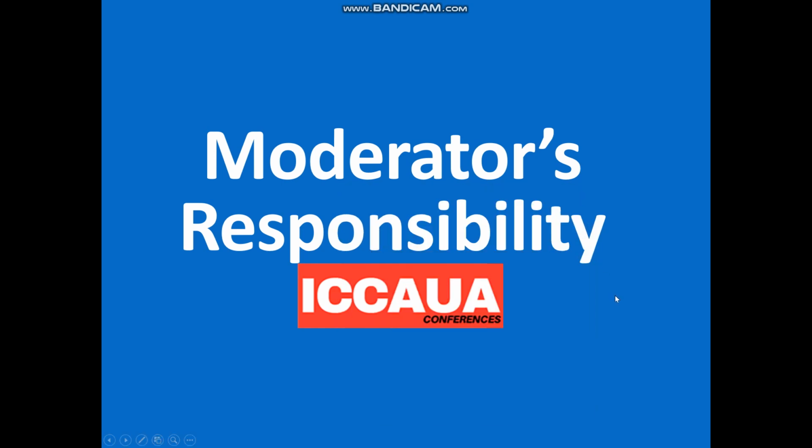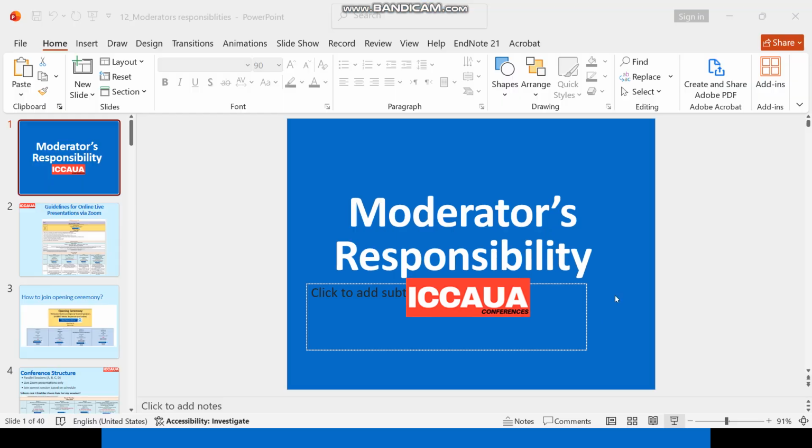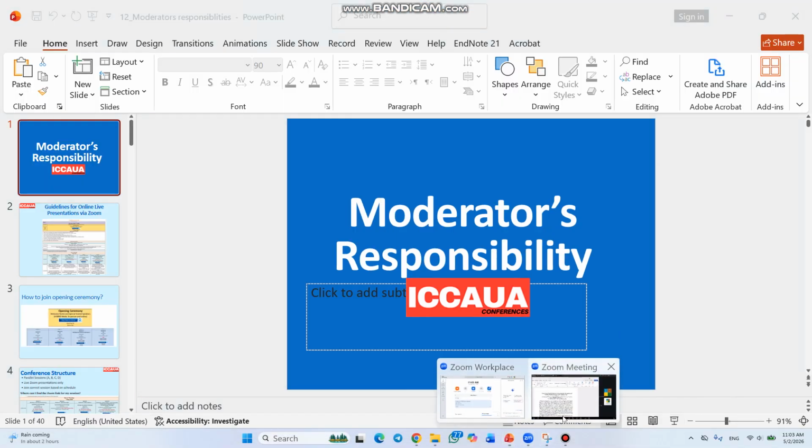Today we will talk about the moderator's responsibility, which is a very important and critical part of any organization. Without their support, it is impossible to run the conference smoothly, based on the given time management, and to assure that the quality of the conference is there. Before going through this responsibility in detail, I would like to share with you